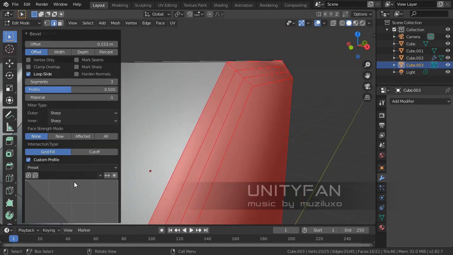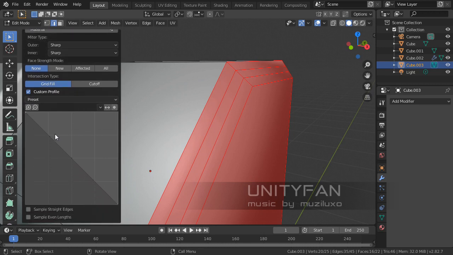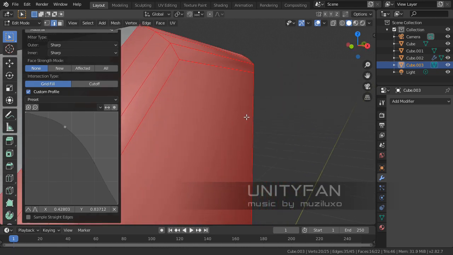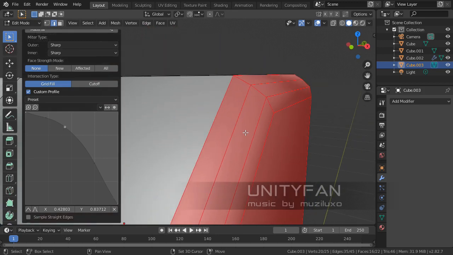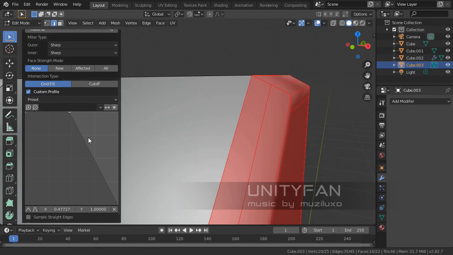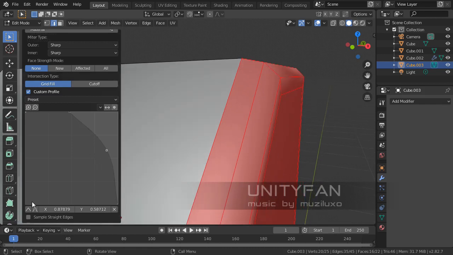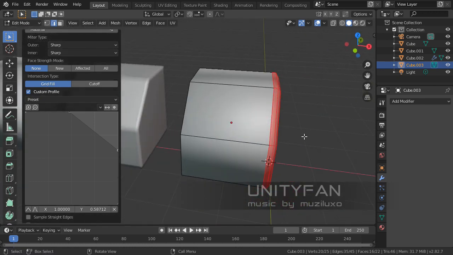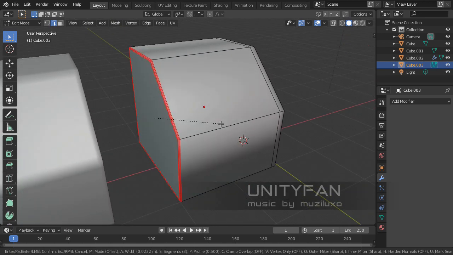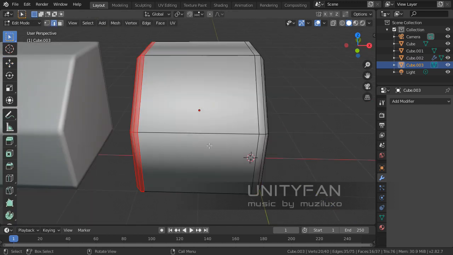Now we can draw a profile on this area, and it creates a radius, but it doesn't create the correct radius, the one I need. I usually use it like this. I make it sharp, move it here, and another, also make it sharp and move it here. And now if I apply this radius to other edges, it creates almost